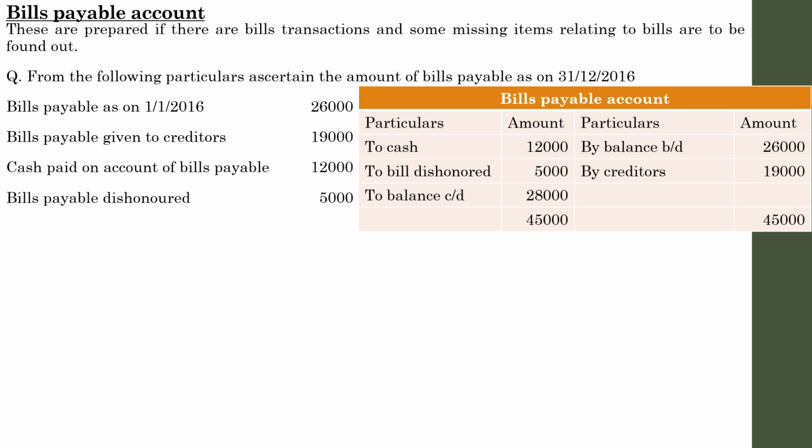And remember, we have learned the total debtors account, total creditors account, bills payable account, and bills receivable account. So in almost all the cases, the account has to be prepared, and there is a trick for remembering whether you have to prepare the account or not. In the question, if any of these four items, that is debtors, creditors, bills payable, and bills receivable, if any of the opening or closing balances with regard to any of these four items is mentioned in the question, definitely you have to prepare the account.